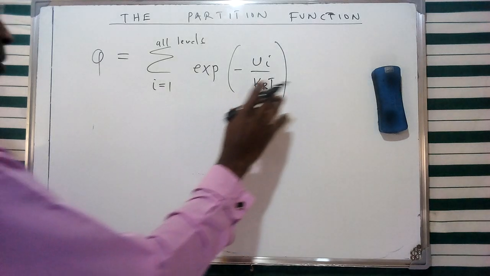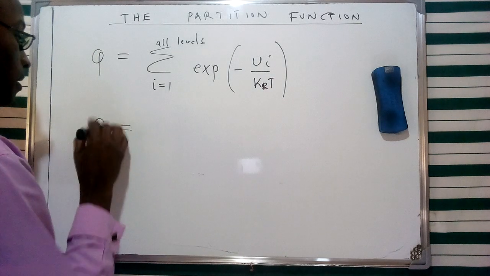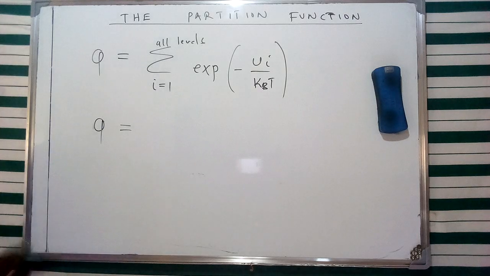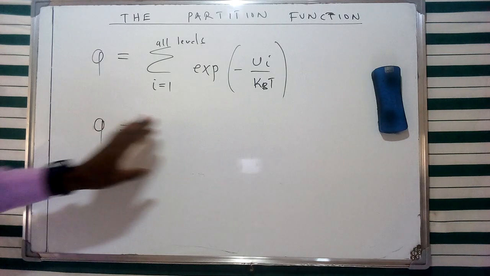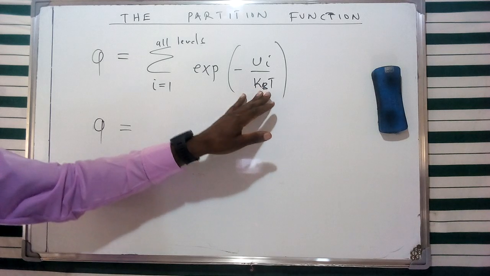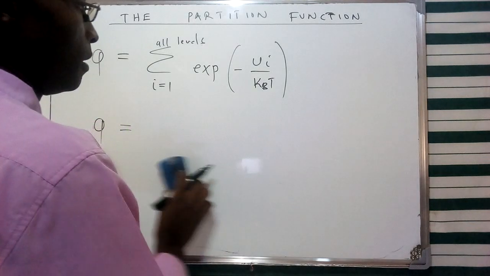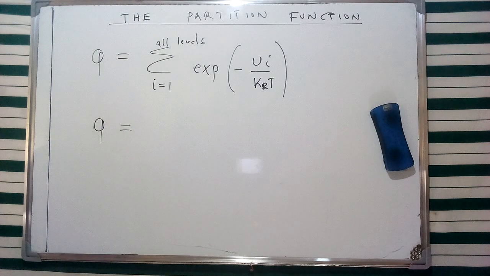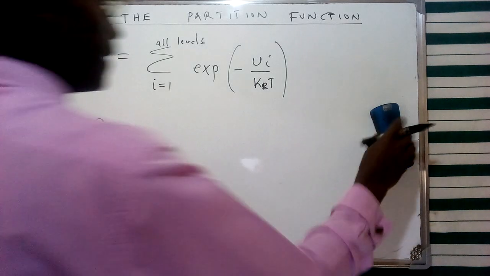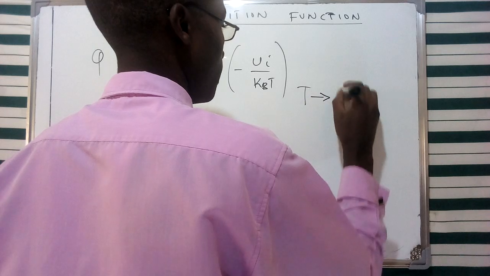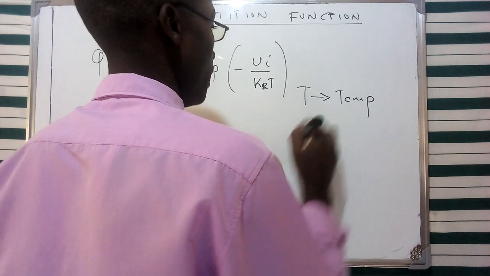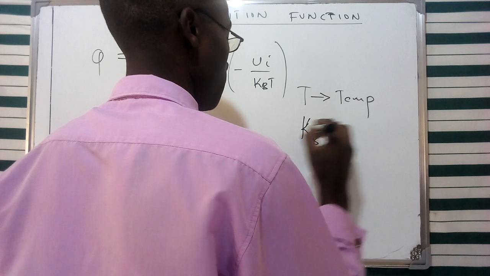Now, this aspect of the partition function can be represented using a particular notation that takes account of the inverse of the product of k_B and T. I'm going to elaborate on what that represents. The T, as I said, represents the absolute temperature in the Kelvin scale, and then we have k subscript B